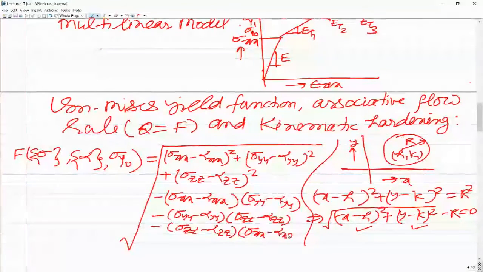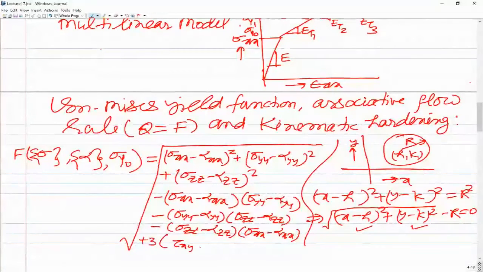So you will have terms like this, and plus you will have 3 times (tau xy minus alpha xy) square